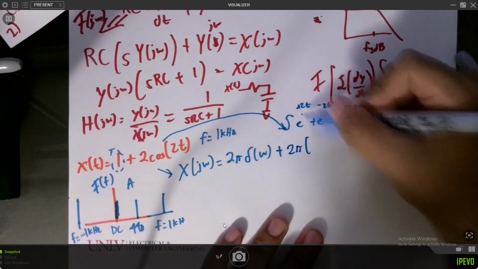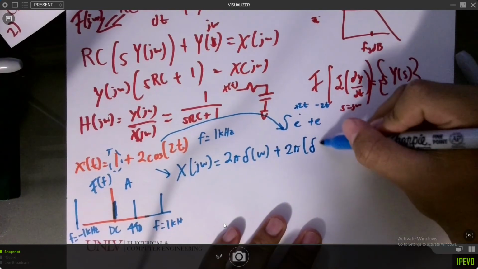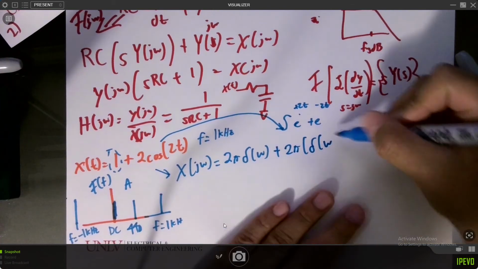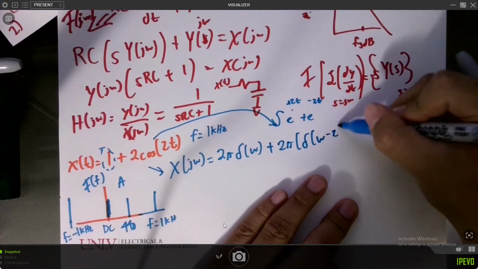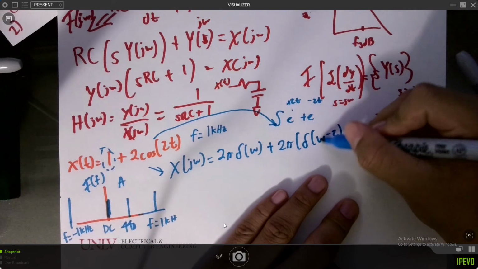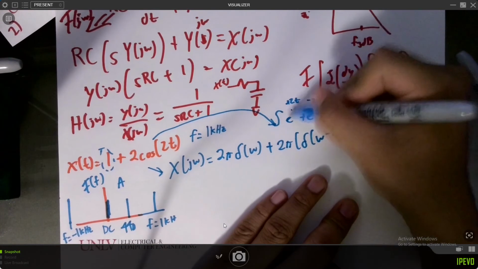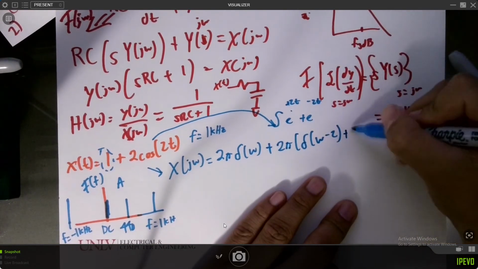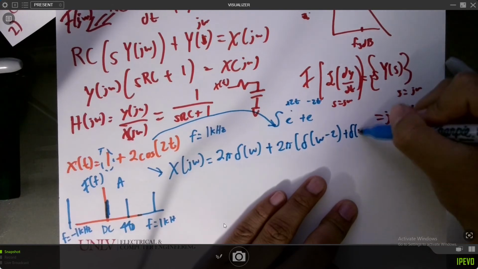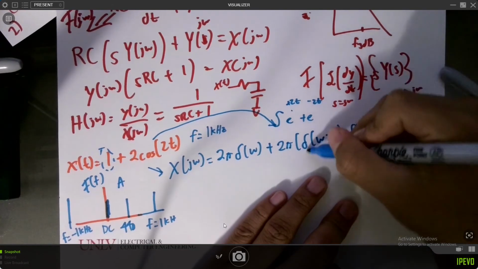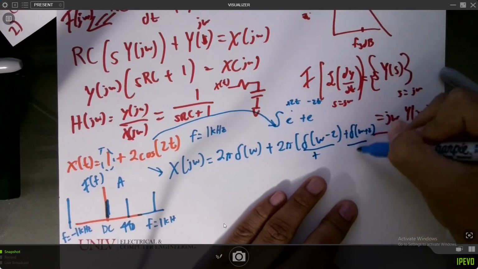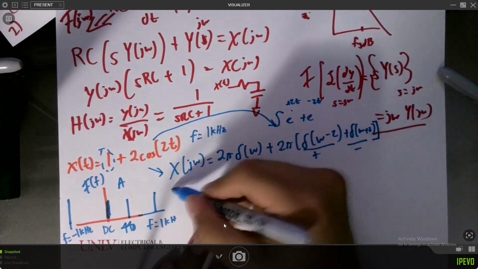And when does this thing start? It's going to start at delta omega minus 2. So when omega is equal to 2, that's the positive frequency. And then plus delta omega plus 2. So this is the positive frequency, and this is the negative frequency. And there you go. That is your